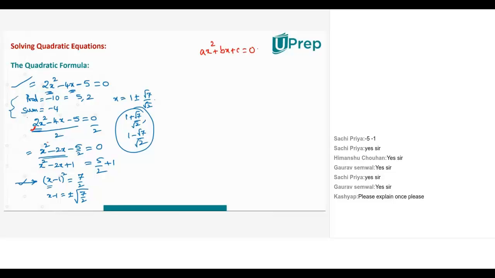Now look at this line which I wrote here. It has the coefficient of x square as 1. That is the first step. Once I made it 1, I removed this constant minus 5 by 2 and took it to the right hand side. Then what is left on the left hand side? X square is there, minus 2x is there, and 5 by 2 has gone to the right hand side.